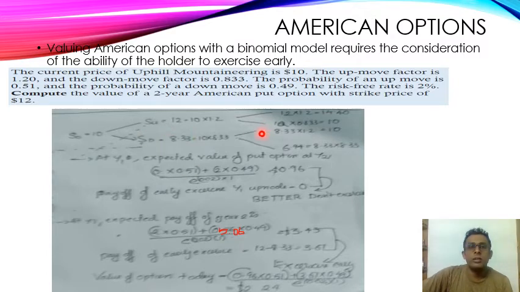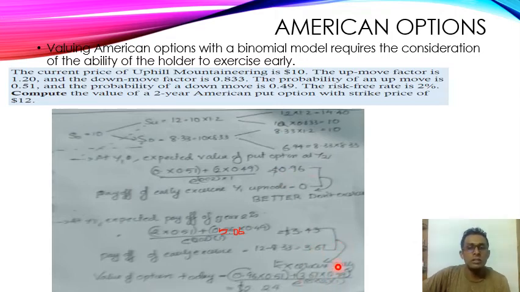Now the payoff at early exercise: I'm standing here and thinking about exercising it here itself. The payoff at year 1 is equal to 12 minus 8.33, that is 3.67. I see that I can get a higher payoff by exercising now than if I wait for 1 year at SD, so I'll be exercising. This is only finding out whether to exercise or not. While valuing the option, I'll be taking the highest possible outcome, that is 0.96 at the up stage and 3.67 at the down stage.